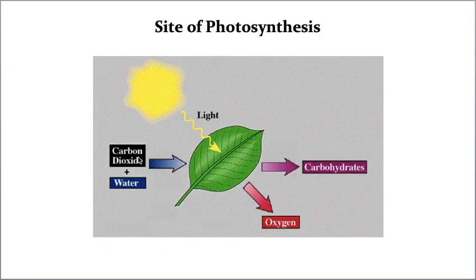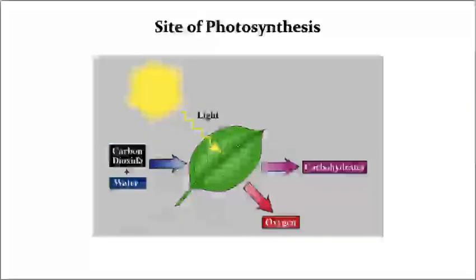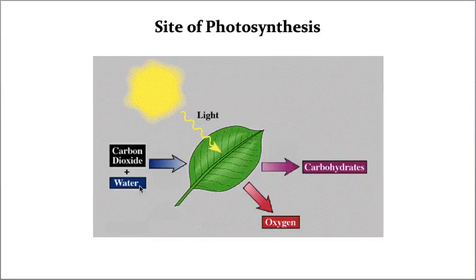How? The carbon dioxide will be taken by the leaf using a special structure called stomata, whereas the water, the plant consists of roots. These roots absorb this water from the soil. Now from the soil the water finally reaches the leaf, because the roots are connected to the stem, the stem is connected to the branch, and the branch connects to this stalk.